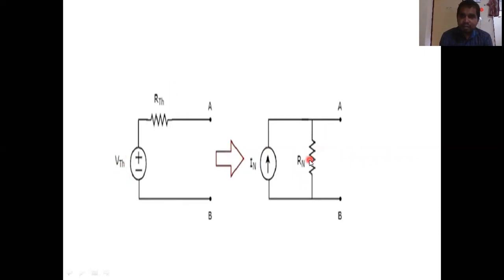So IN is determined. Then you connect your load here. These two values are known. Once the load is connected, you can apply the current division rule. One total current is known and there are two branches. So the current in this load is the opposite resistance divided by the sum of the two resistances, multiplied by the total current. The current division rule we already discussed. That is the third method. So, three methods.